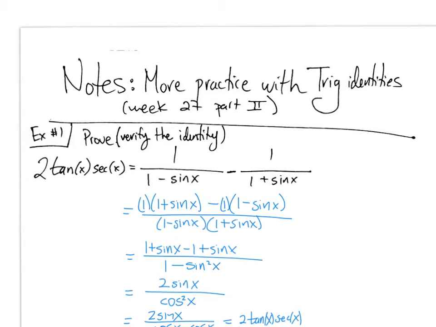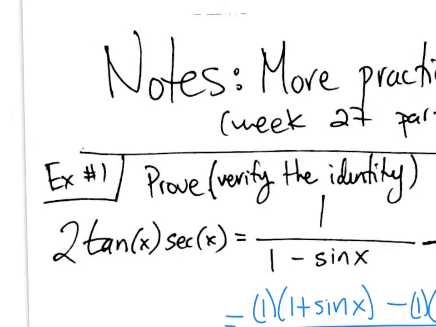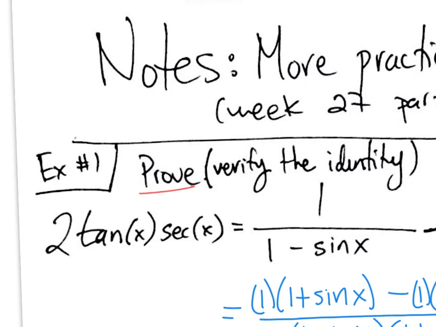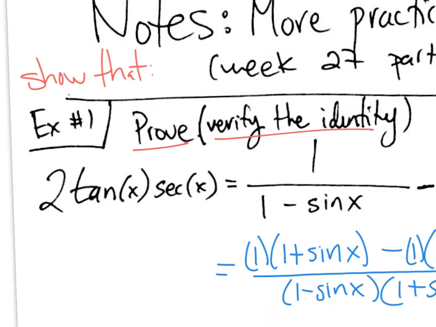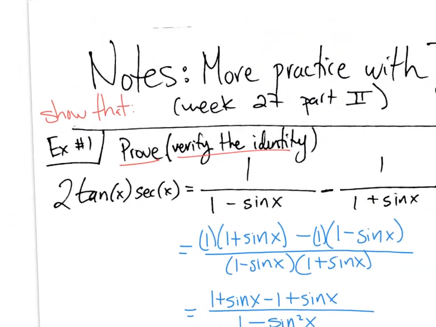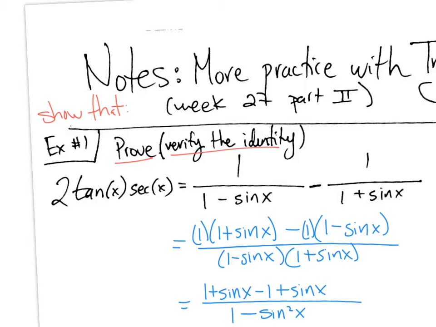Okay, so notes. Week 27, part 2, we have more practice with trig identities. So, let's see this first example. It says prove or verify the identity, or sometimes it'll just say show that, meaning show that this is true. So we have something on the left-hand side, something on the right-hand side, and the recommendation from notes part 1 was always to either work with this side or work with this side, but use one